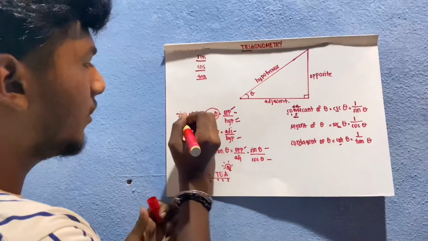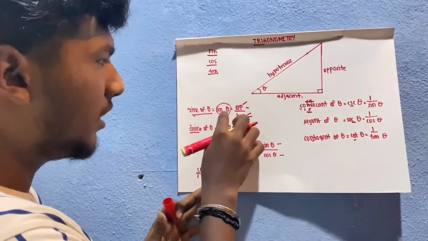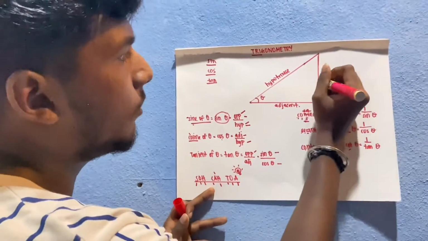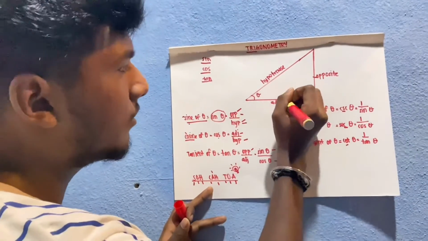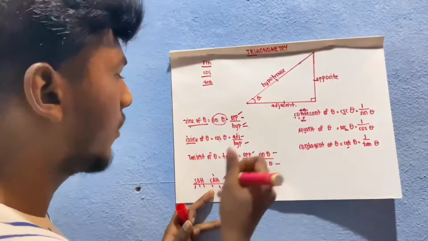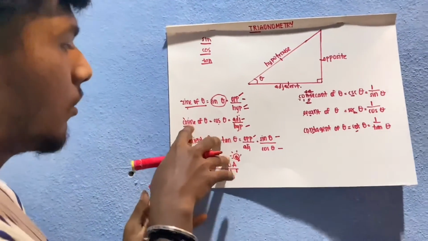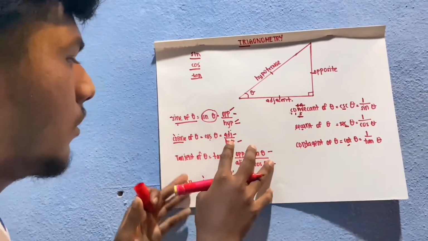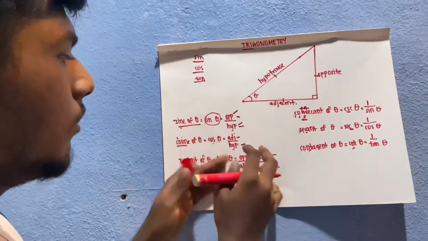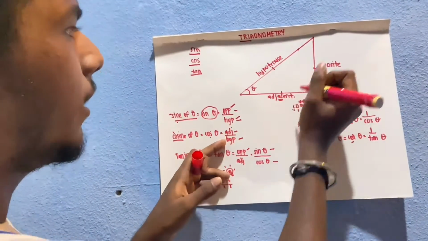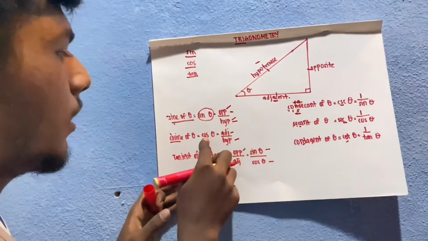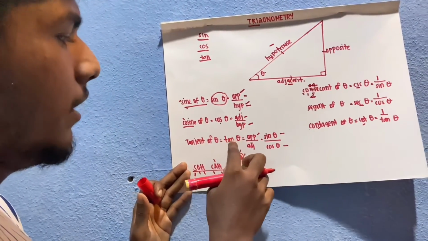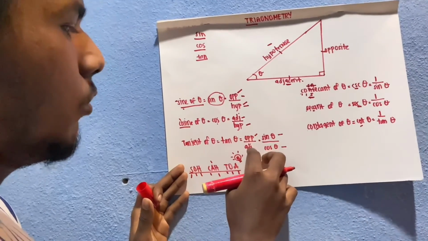The first formula is sin theta equals opposite over hypotenuse. For this, this side will be the opposite, this base will be the adjacent, and this length will be the hypotenuse. The second formula, cosine theta, cos theta equals adjacent over hypotenuse. If we want to find cos theta, we take the adjacent and the hypotenuse and divide, and we get cos theta. And third, tangent theta, tan theta equals opposite over adjacent.